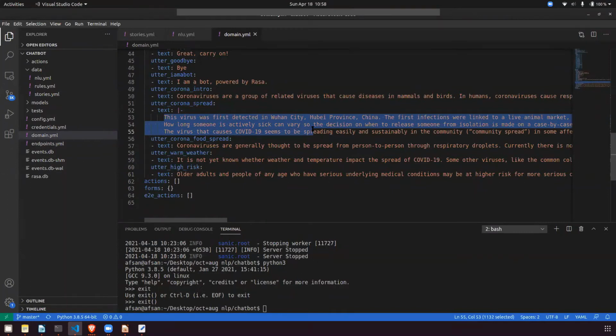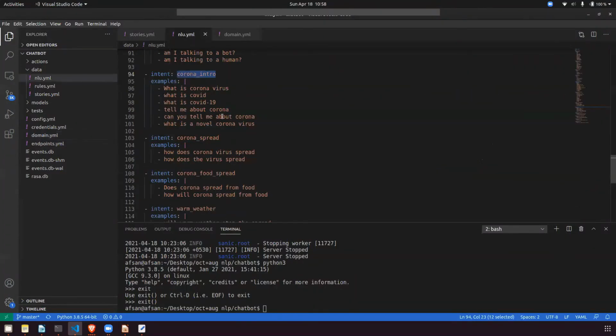You can add that also. It's totally up to you, depending on which domain you're working on. Based on that, you have to do a lot of research. You have to understand what people can ask, and all the possibilities you have to type in nlu.yml: what is coronavirus, what is corona endemic, epidemic, or what is corona pandemic and stuff like this.